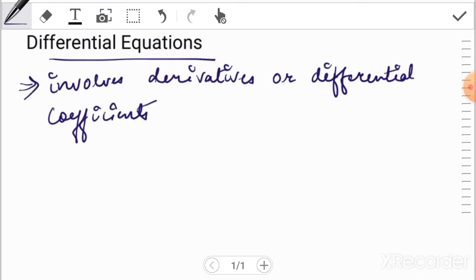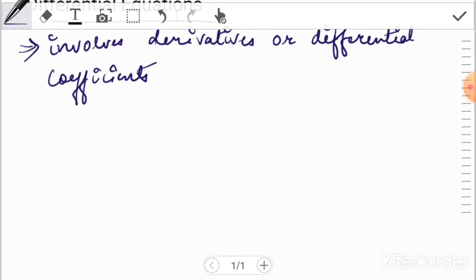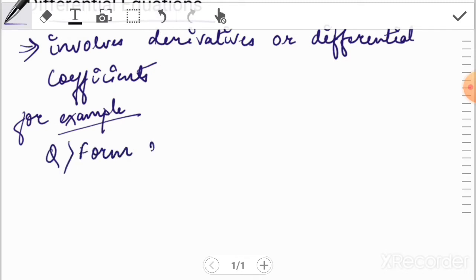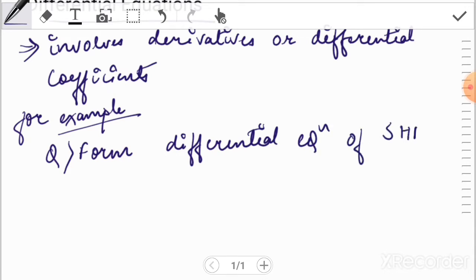For example, form the differential equation of simple harmonic motion given by